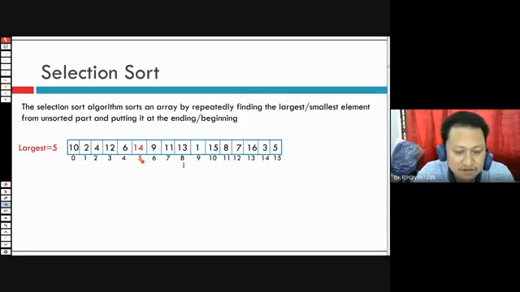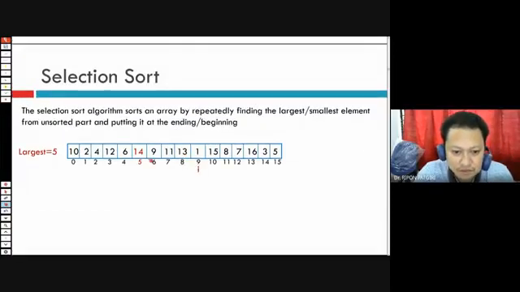The largest is still 5 because 14 is larger than 13. Next, compare 14 and 1. 14 is larger than 1, so the largest index is still 5.